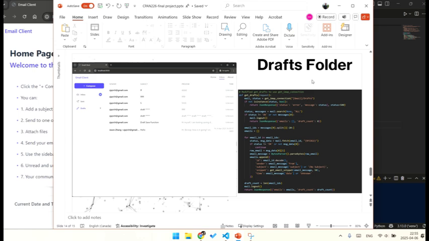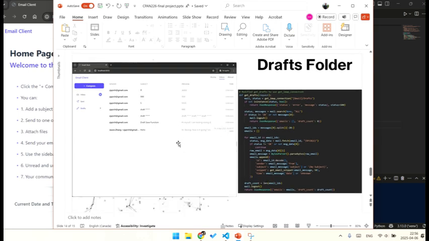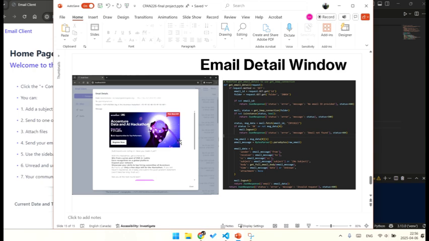After this, Gmail server gonna send us back the email list respectively, based on what we want. Then we push the email list to the front end. In the front end page, we're gonna see an email list, and the last function is email detail window, and it's almost the same, but